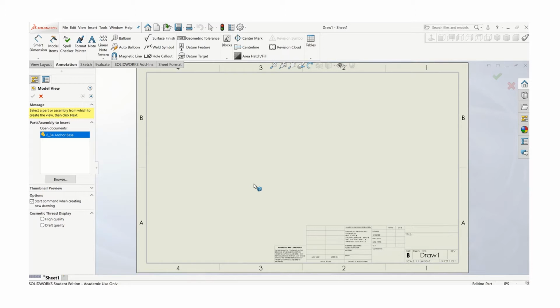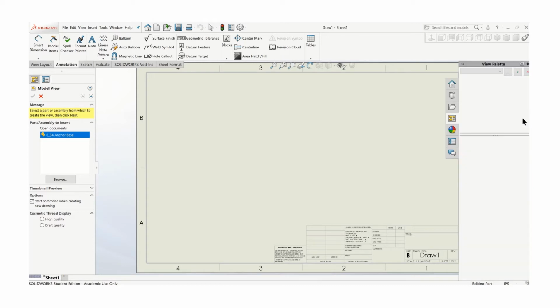Remember, the front view should show the most information, fewest hidden lines, and also the longest dimension should be placed horizontally on the drawing page. The paper is longer this way, so put the long dimension here. Don't try to balance your view so that the long dimension goes up. And also pay attention to what that choice of front view does to your other views. So when you look at the view palette,